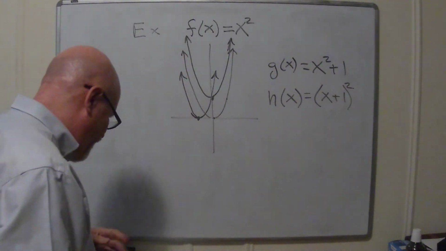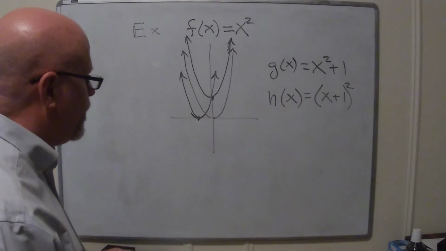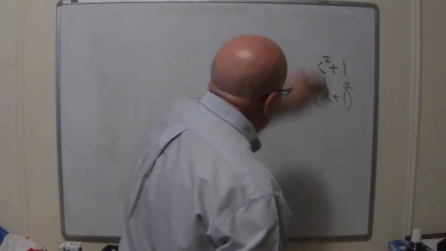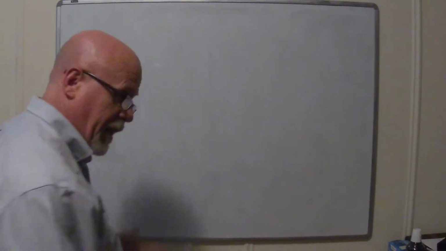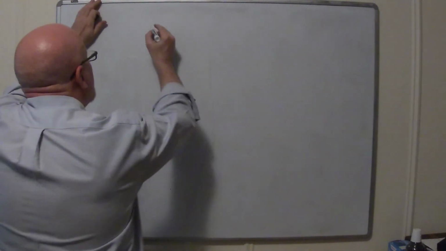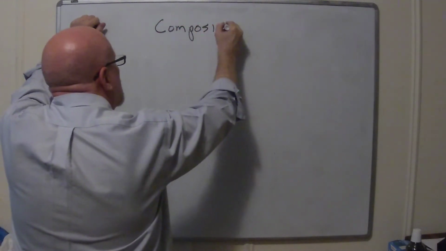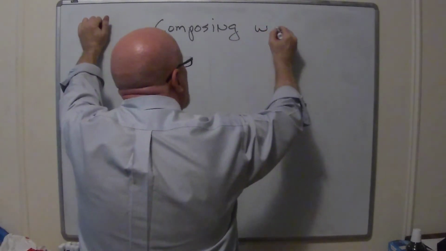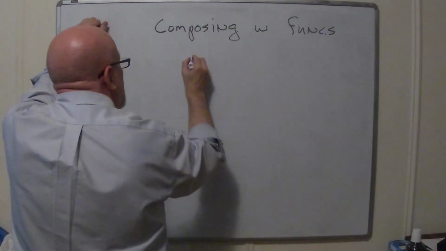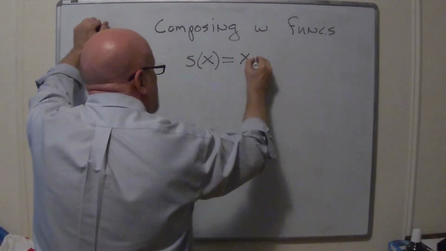There's two other, well, in the book they present these as 2 separate things. I kind of view them as one as an example of a special case of the other. So instead of adding something, either on the inside or the outside, what if we multiply by something on the inside or the outside? So what I just looked at was s of x equals x plus k, but how about if I looked at s of x equals x times k?